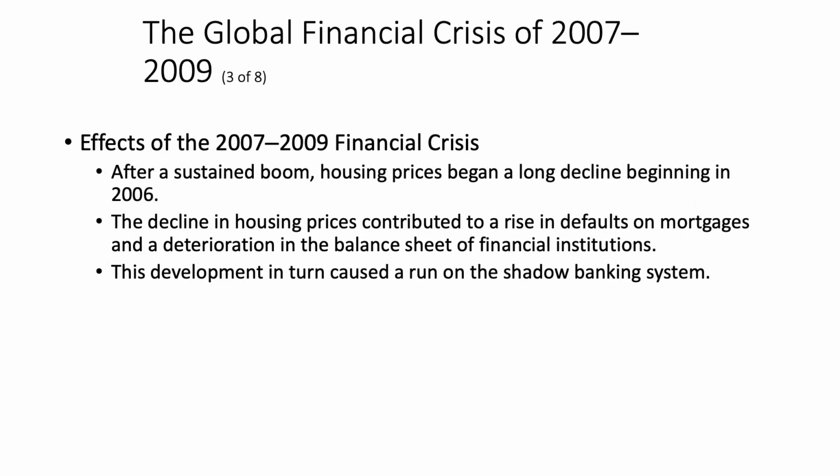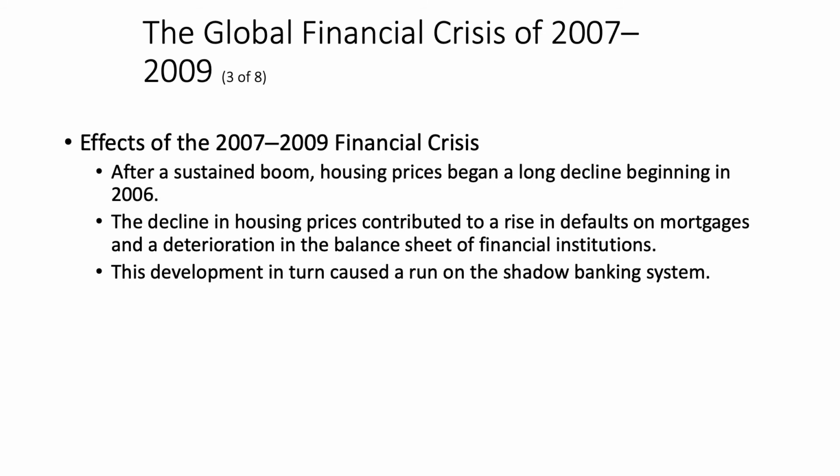The problem was that those probability assignments were not based off of any historical reality. They were based off of sort of theory, if you will. And the problem was that all of the borrowers were correlated, right? Their likelihood of default was correlated. And we saw this in the effects of the 2007-2009 financial crisis.